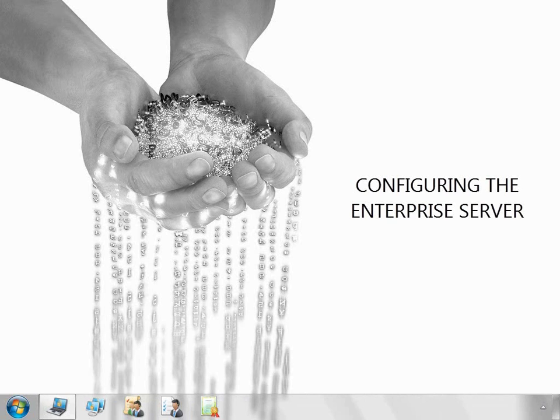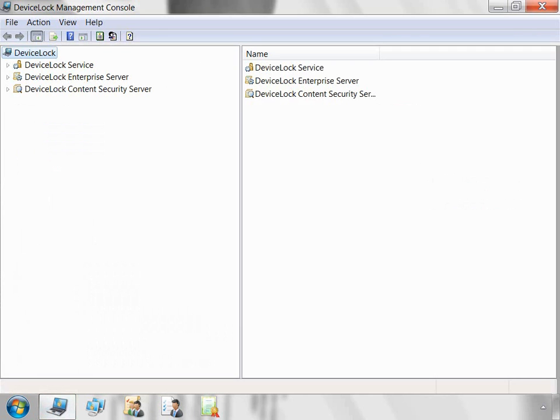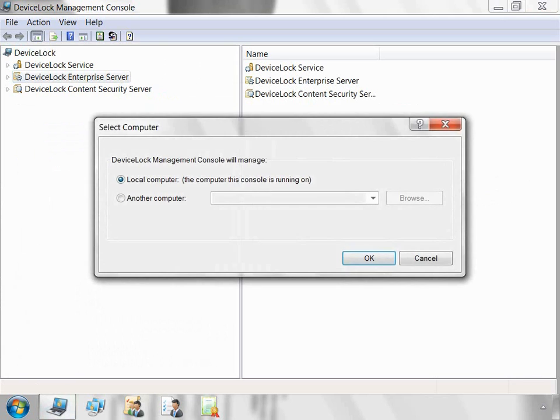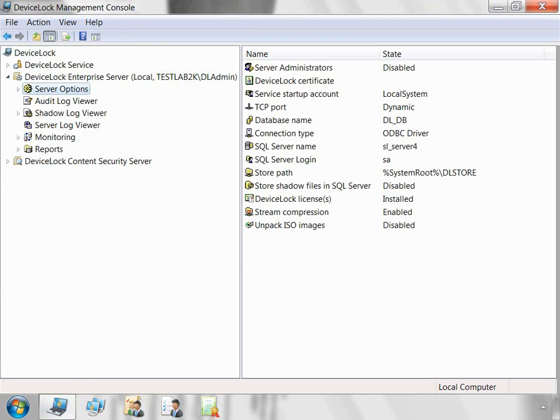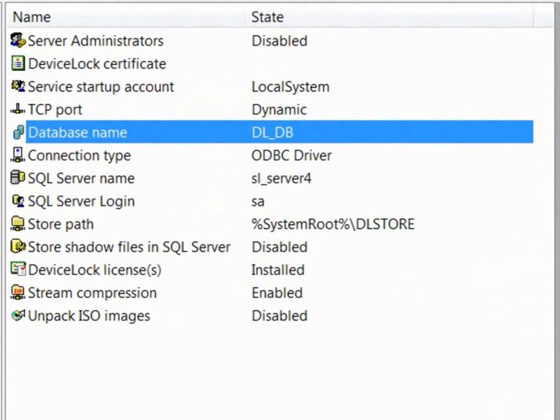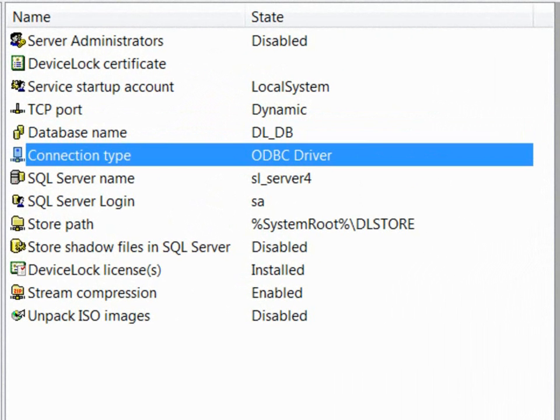DeviceLock Server must be configured correctly to use the shadowing option as well as to gather audit logs from client computers. Once you have started DeviceLock Enterprise Server service, you must specify the name of the database in the SQL server that will be used to store the DeviceLock Enterprise Server data. You will also have to define the connection type